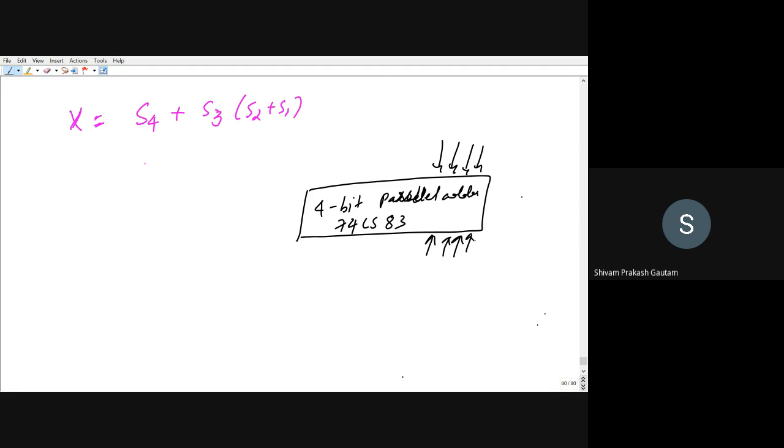Let us say this input is B0, B1, B2 and B3, and this input is A0, A1, A2 and A3, right? And our carry in can be carried in from previous stages, and this will produce an output of sum, that is S0, S1, S2, and S3, and one carry out will also be produced, which we call S4. This much is clear,